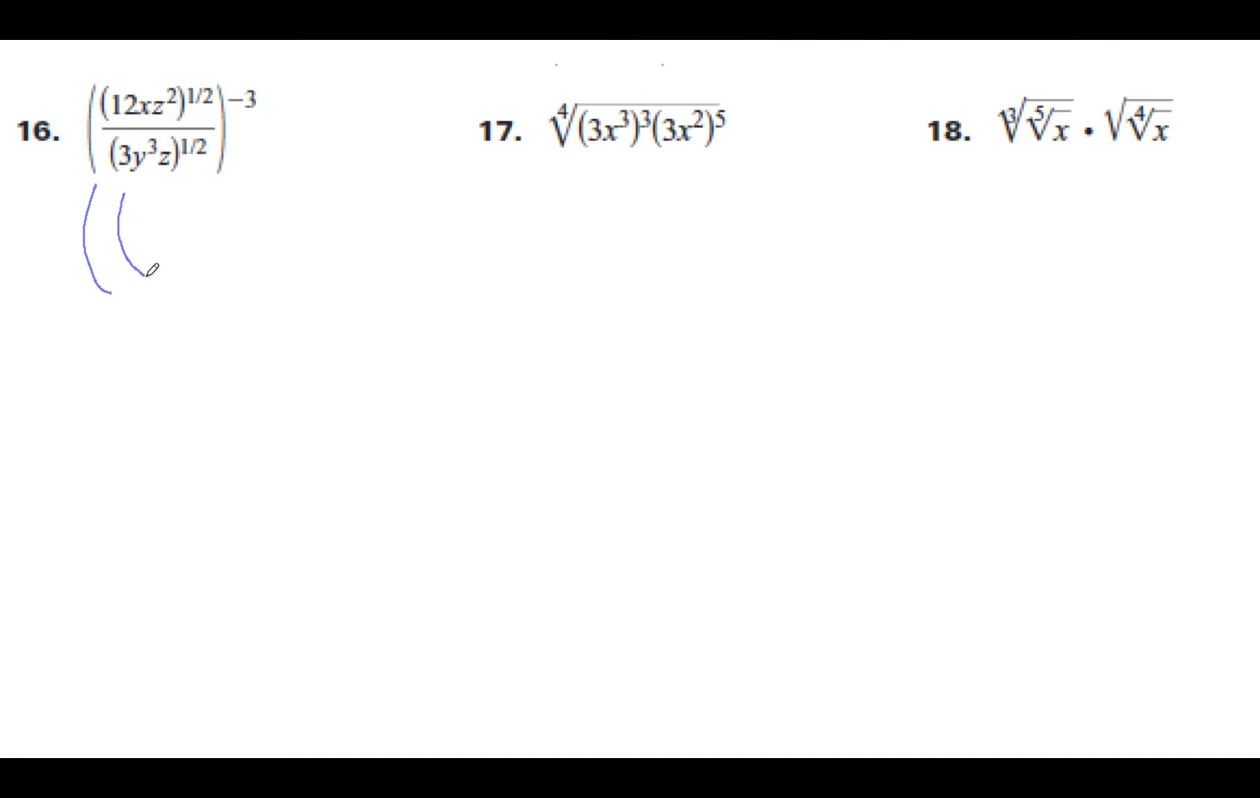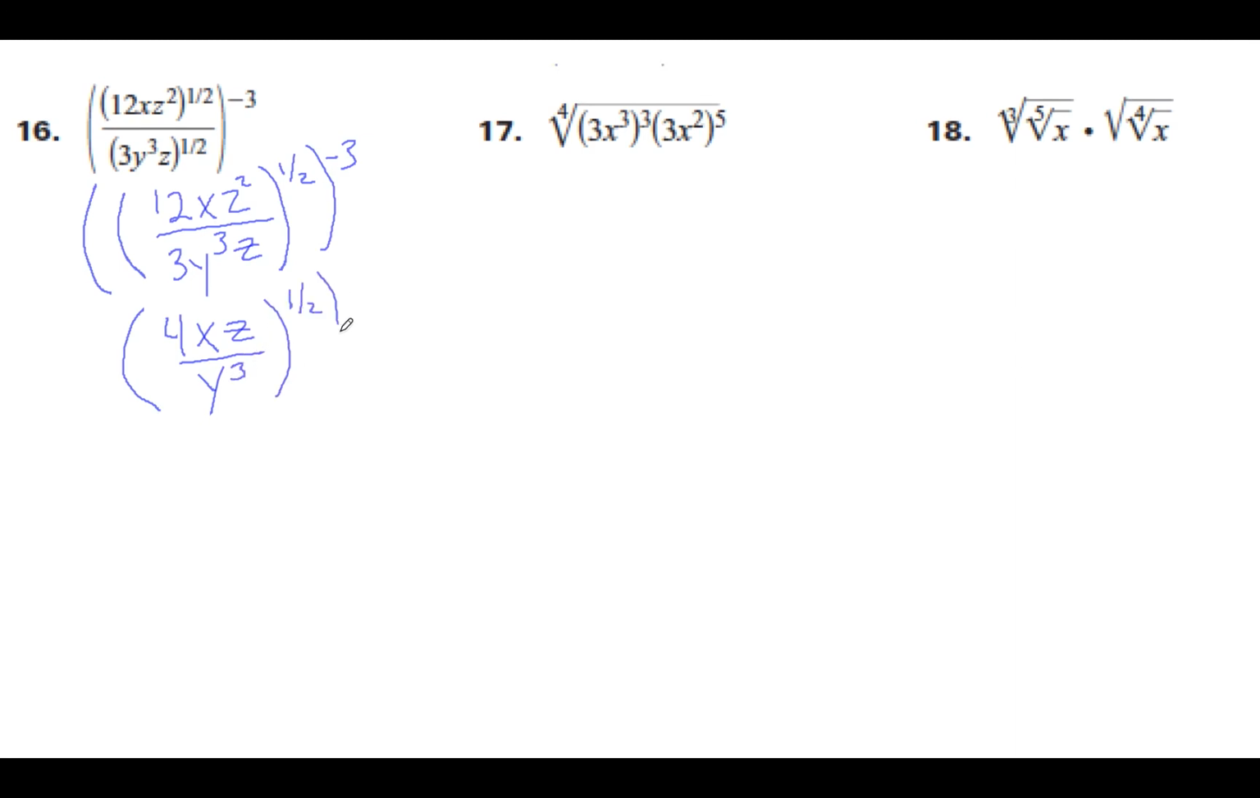All right. Because the top and the bottom are being raised to the 1/2 power, I'm just going to get rid of these parentheses. That's separating that. And do this. Then I can simplify the inside a little bit. That's a 4xz over y cubed to the 1/2 power to the -3rd power. Now I'm going to take 4 to the 1/2 power, which is square root of 4,